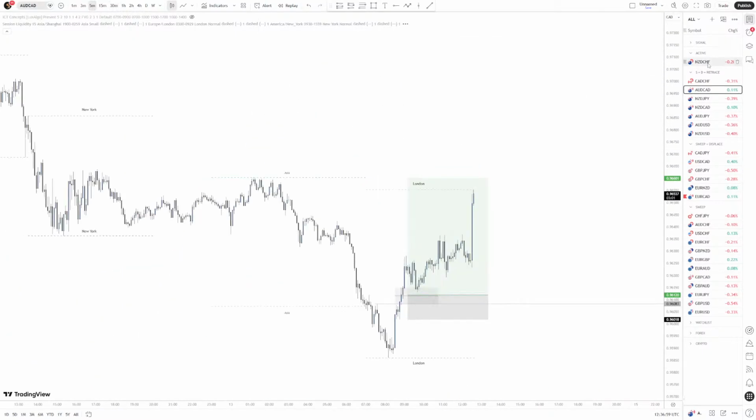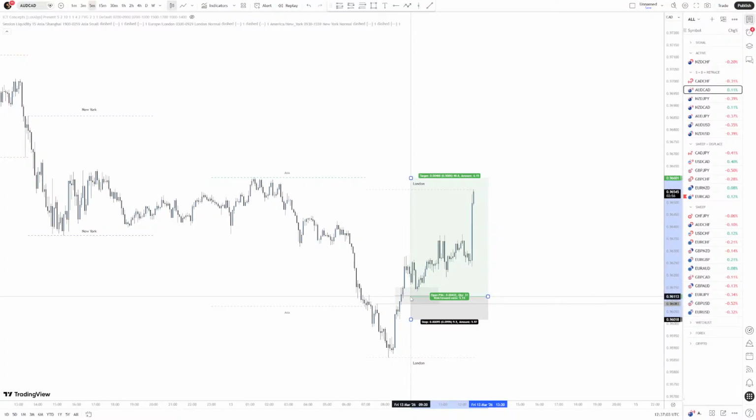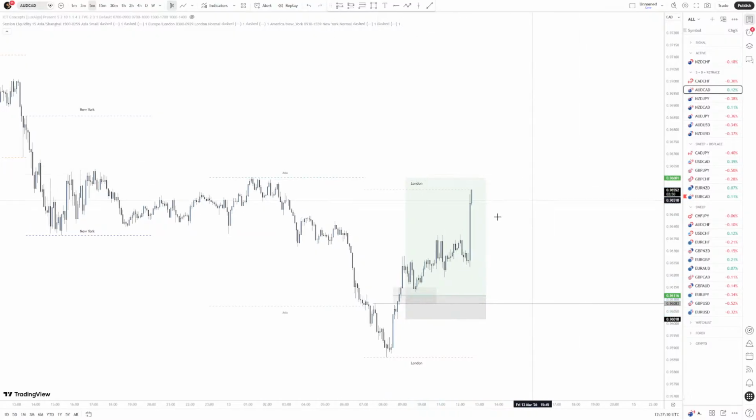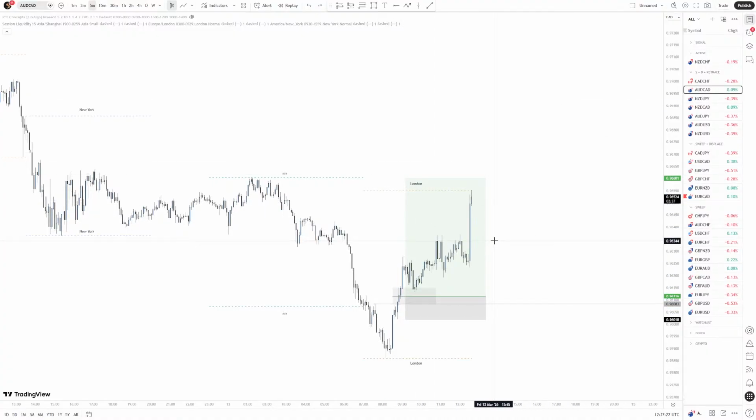AUD CAD was another thing I was looking at at the same time as this NZD Swiss franc trade, but price did not come back down to entry. That's the only difference. Price did not come back to the entry, but I would have been in this trade targeting Asia highs. Okay, so there is going to be an element of where we potentially start looking at, okay, is it worth getting in here and setting stop loss tighter versus us waiting for the entry at the midpoint? But for now, we're going to continue with our strategy until we consistently see a pattern. Then we can make an observation or a change.